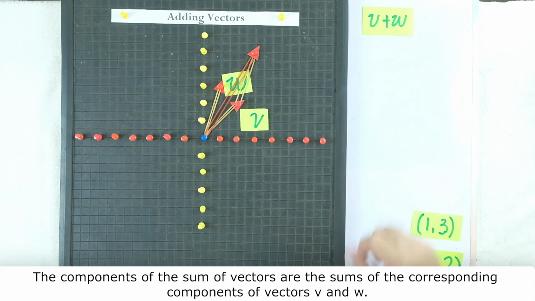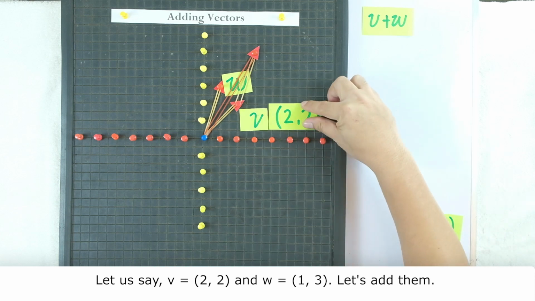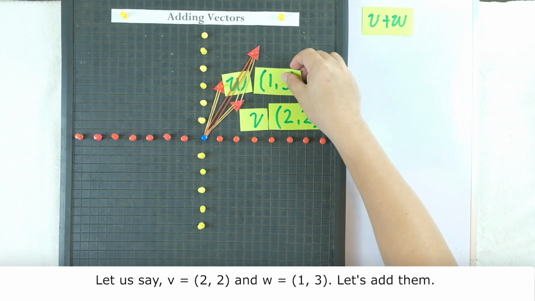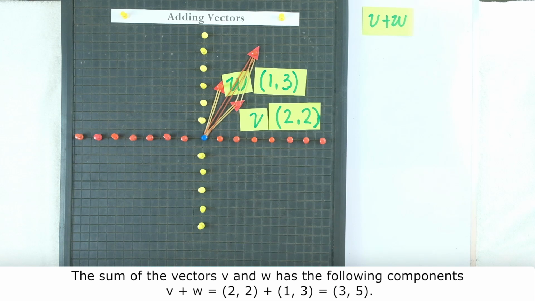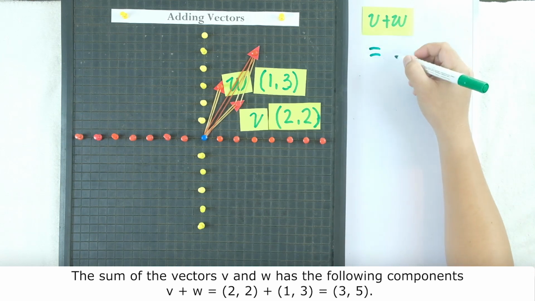The components of the sum of vectors are the sums of the corresponding components of vectors V and W. Let us say our vector V is 2, 2. Our vector W is 1, 3. The sum of the vectors V and W has the following components. V plus W is equal to